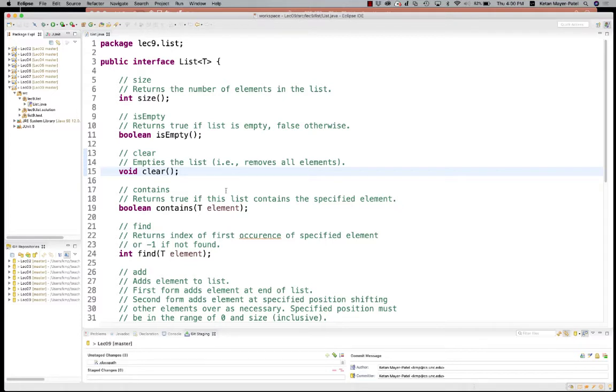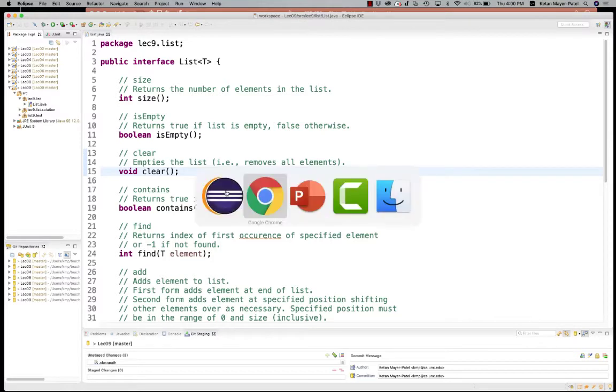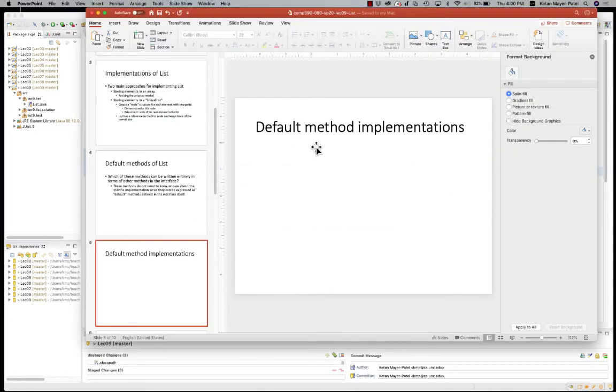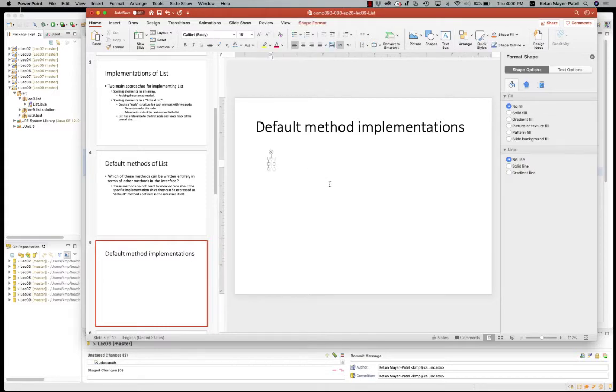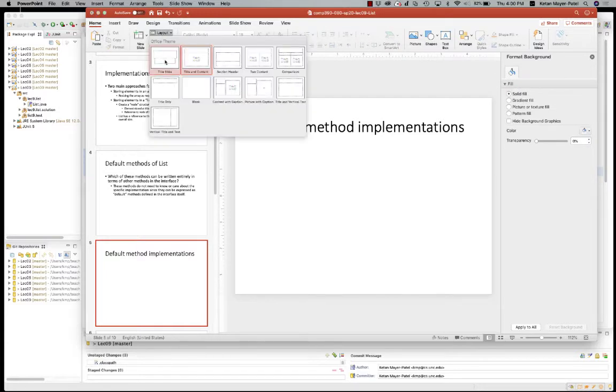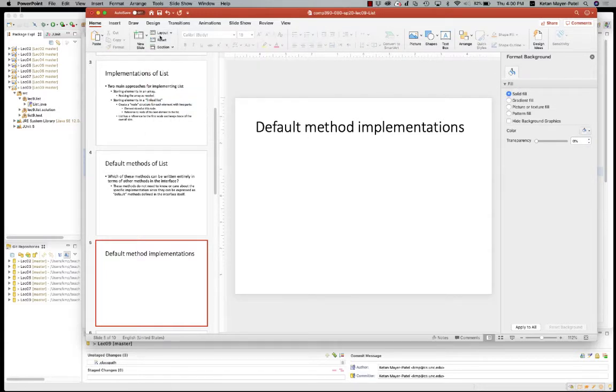Okay, so continue to take the quiz if you still need time on it, but in the meantime, who has an idea about which of these can be implemented as one of the others? Any takers? Which of the methods can be implemented as